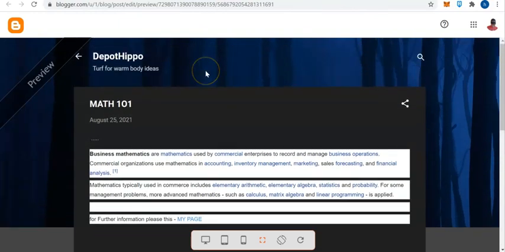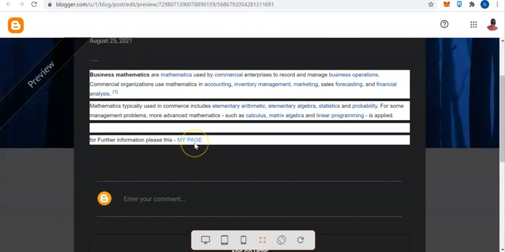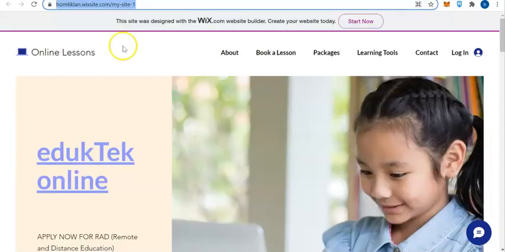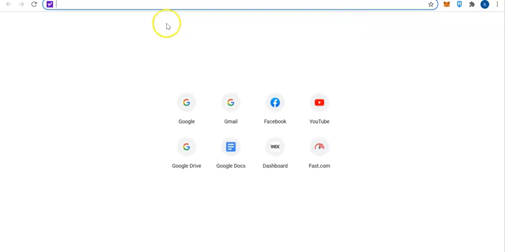I have the Blogspot right here. The name is hippo.com. So every time that I click here, automatically it will go right here. So that's the answer for the problem. Can you get the point? So this is the page right now. If I click this and put this on another page,